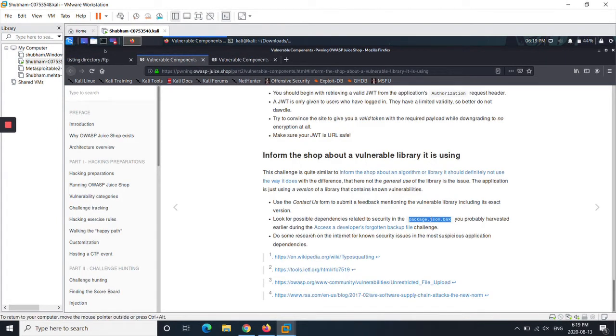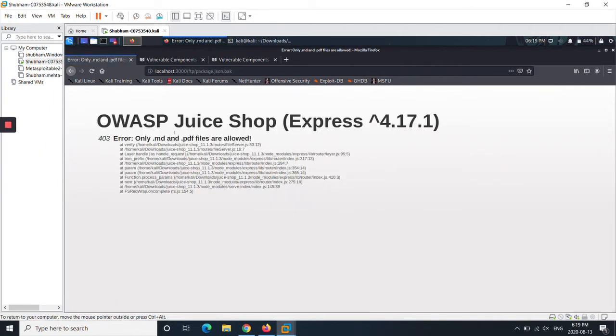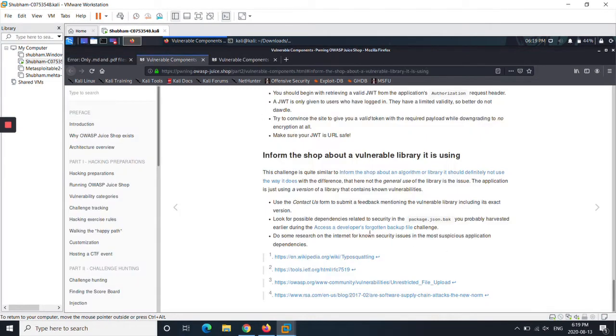So as we know, they have said that this file package.json we have to access, but when I open this, they said that it should be opened by using a .md or PDF extension file. I'll be looking for these kinds of files with these extensions, but I don't know the exact file, but there are some links over there given about the dependencies. When I read all these 4 links, I came to know about the dependency file that I am looking for.